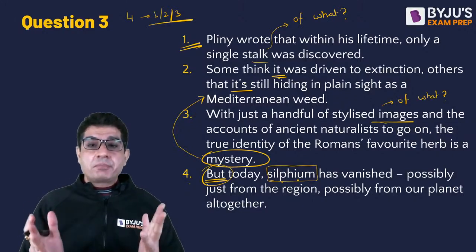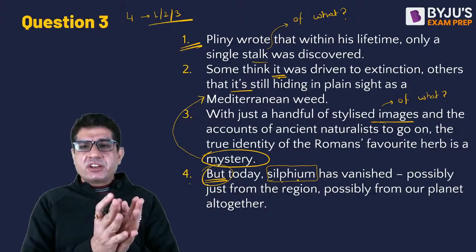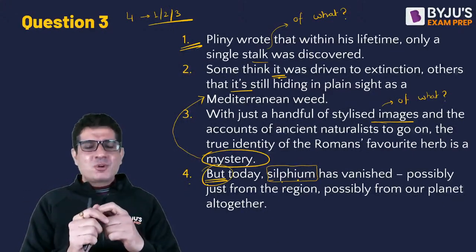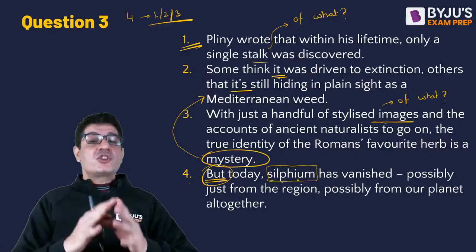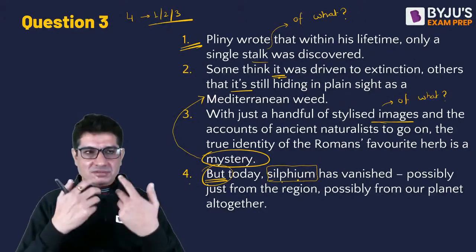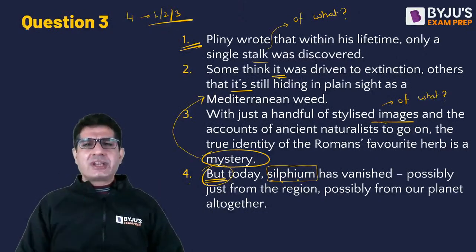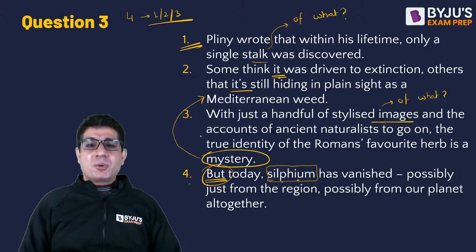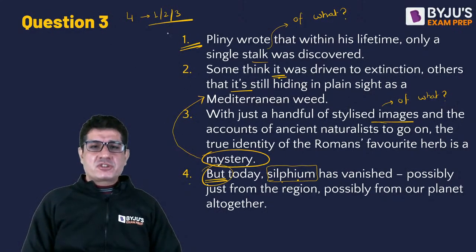So we don't know what happened. Some people think it is extinct, others say it is hiding in plain sight. That's a mystery. We don't know what happened, and there are such divergent views. There is a view that says it is not at all in existence, and there is a view that says that it is everywhere as a weed now. So that second sentence goes better with the idea of the mystery. So I'd put it as